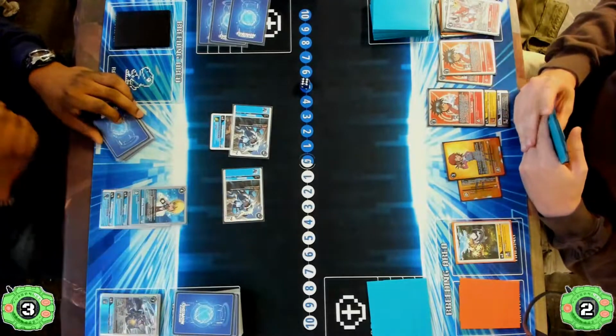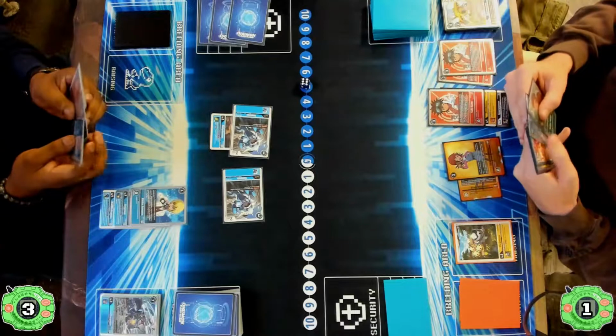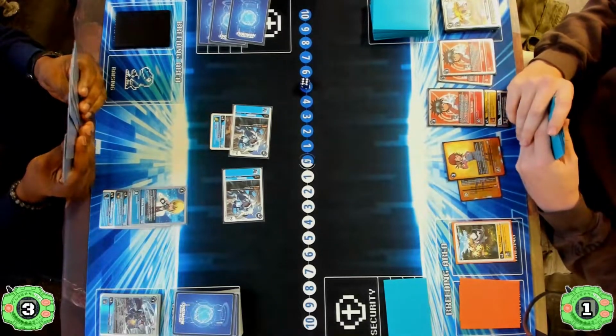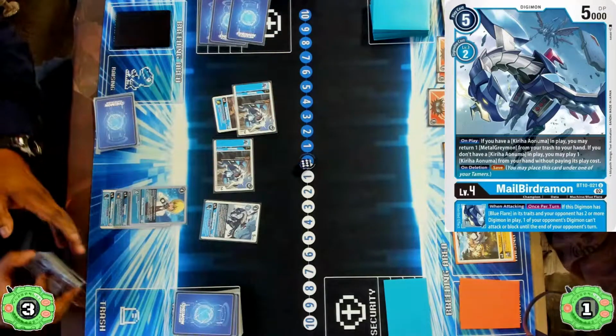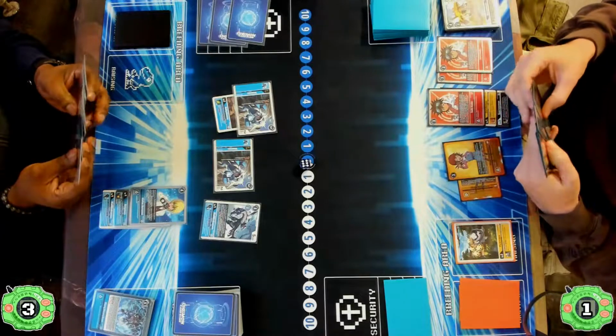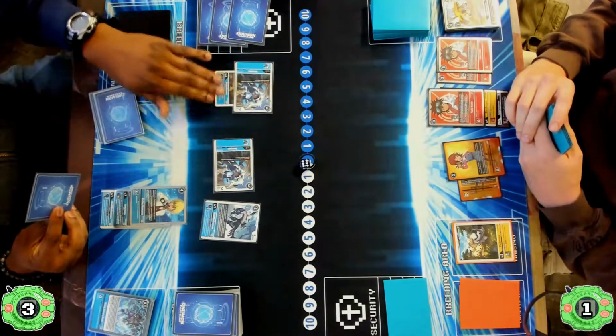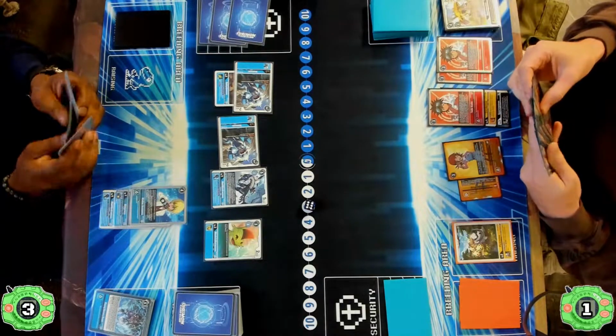And then the second Vmon is also going to swing in. This is going to reveal a Sparrowmon, and because it has jamming, it is going to live through this. Blue Flare still has 5 memory on their side of the field right now, so they are going to play a Melbergermon, and with the Tamer in the back, they are going to be able to pull a Metal Greymon and bring that back to their hand. Then with the last of their memory, they're just going to play a Madoki Betamon for 3,